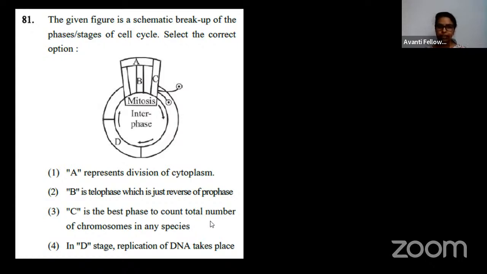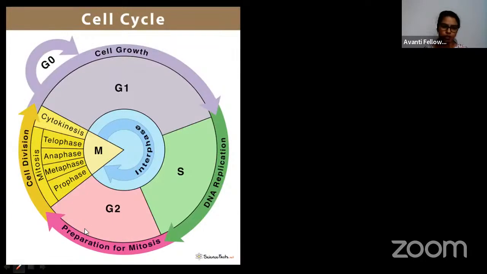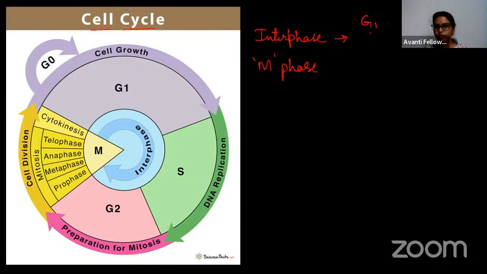Now, let us understand the question and the cycle. So here the question is asking about the cell cycle, and the question is taken from the chapter cell cycle and cell division. Okay, तो यहाँ पे मैंने एक डायग्राम दिया है for your better understanding. This is cell cycle. Okay, so in the cell cycle, what happens? Firstly, there are two phases. Okay, so first में क्या होता है? There is an interphase and there is M phase, right? So what happened in interphase? There are further phases G1, S and G2 phase.